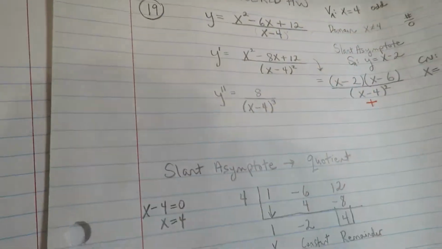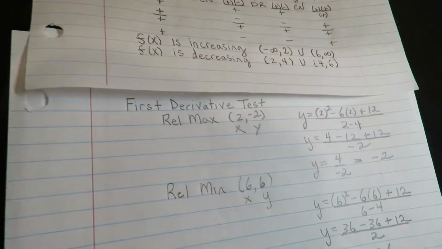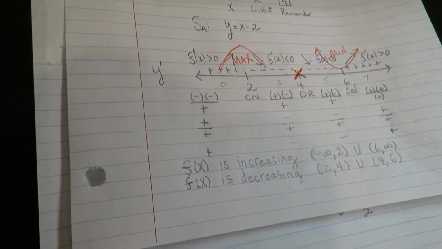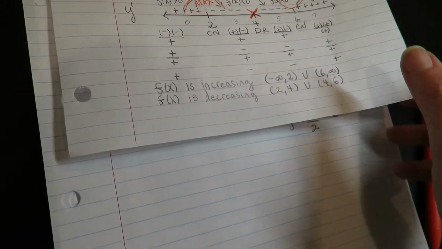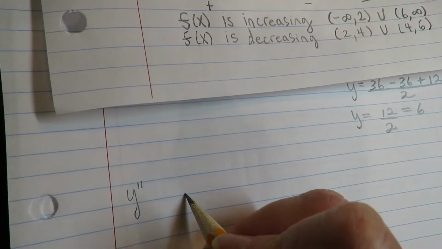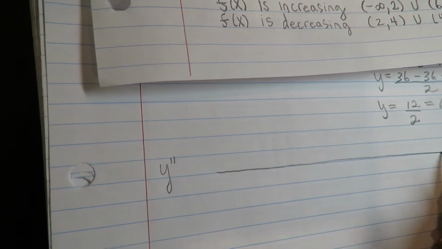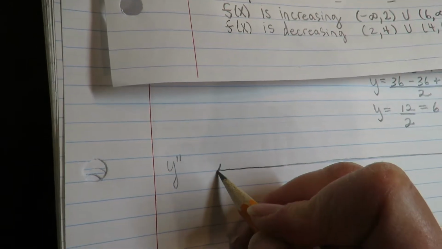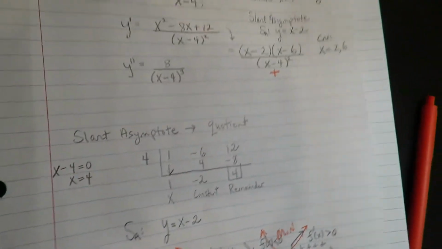Okay, we're working on number 19. We just finished the first derivative test. We're now going to work on the behavior of the second derivative. You must have all domain restrictions on any of the number lines, so I will get back to that once